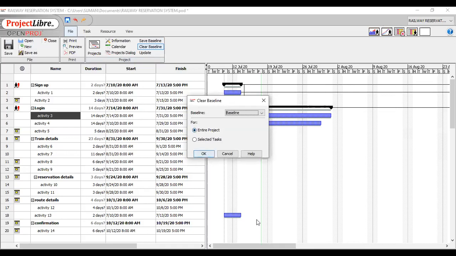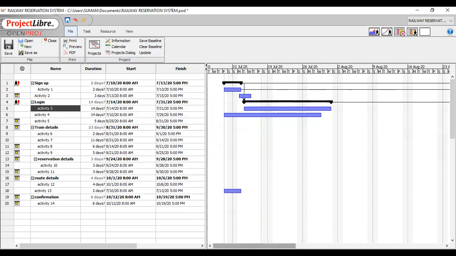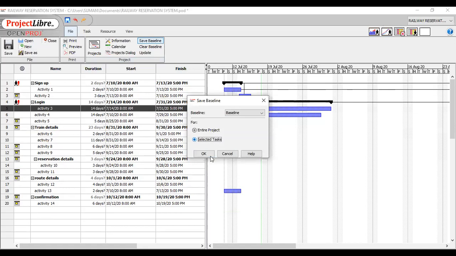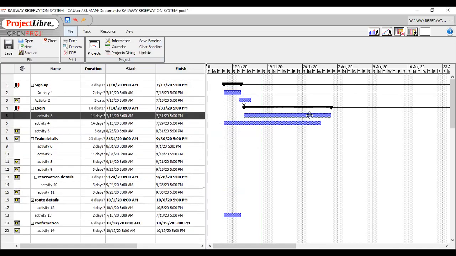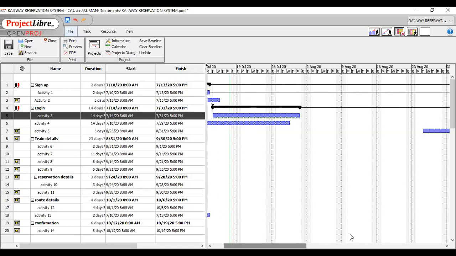So the baseline is cleared, and like this, I can select the baseline for any particular specific task. Now this is the baseline according to the changes which I made in activity 3. So now our baseline is also changed.